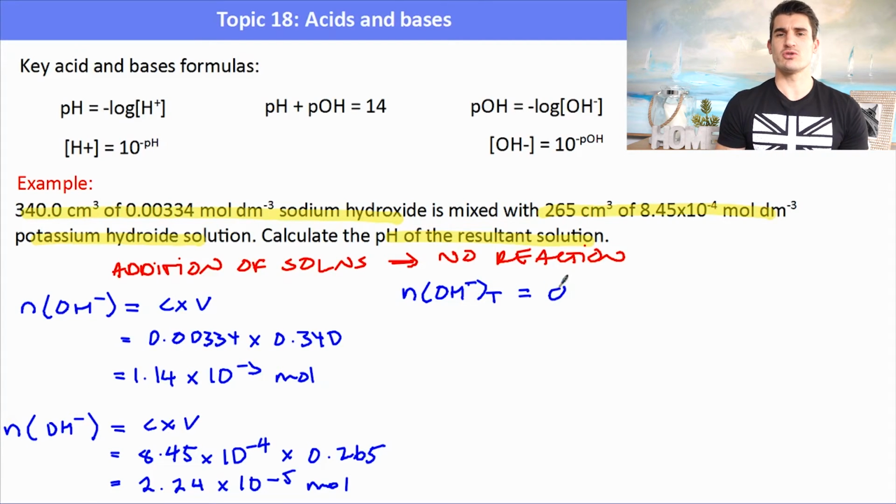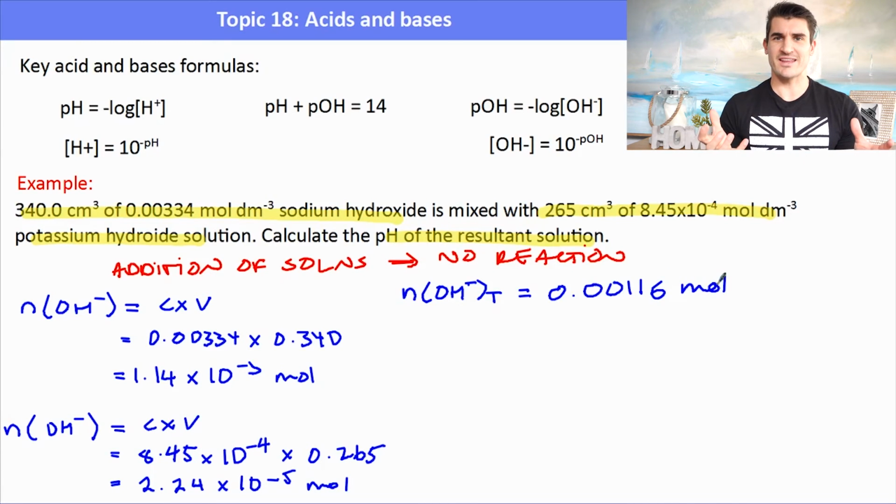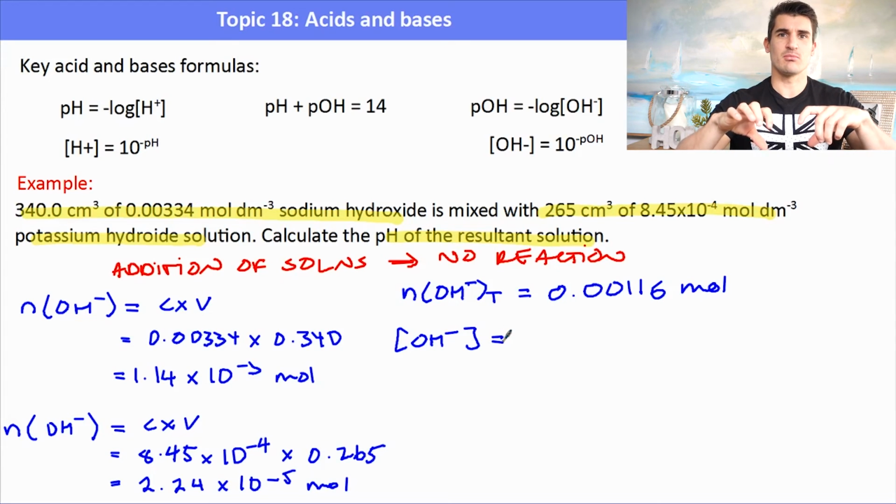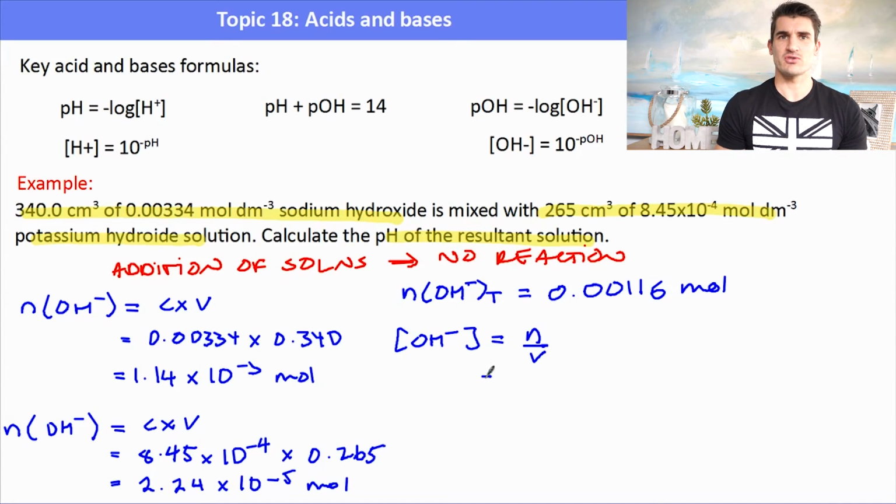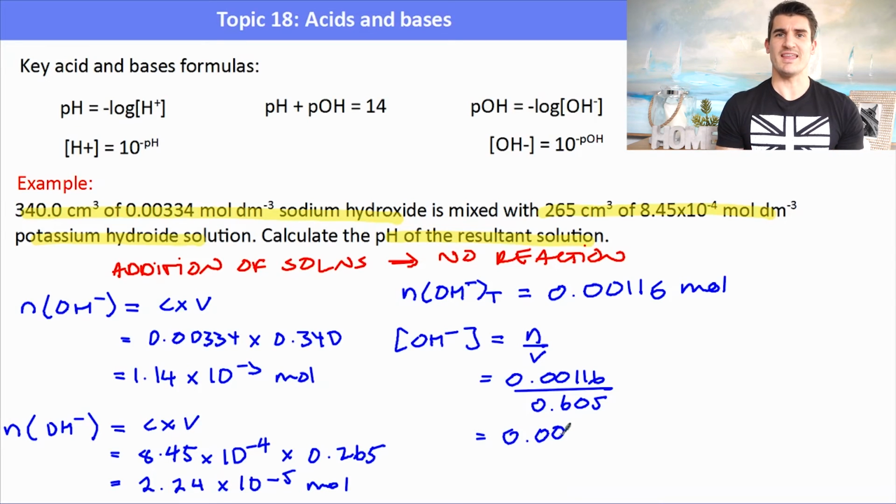So now what we need to do is work out the number of moles of alkali in total, so we simply add those two numbers together. We've tipped the two solutions together, so we've added the number of moles. The concentration of OH minus can now be determined by doing the number of moles divided by the volume in total. Now our volume in total was 340 plus 265, and then we need to convert that to decimeters cubed to work out the concentration. So the concentration of OH minus was